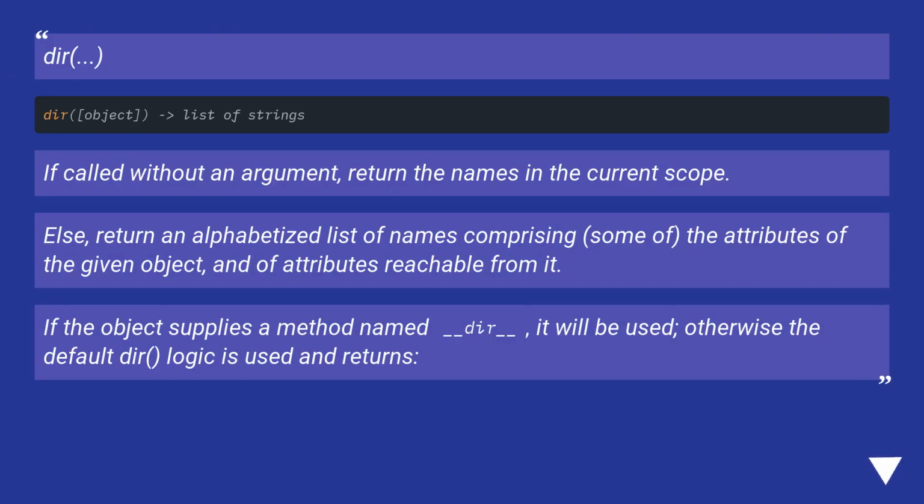dir, called without an argument, returns the names in the current scope. Else, return an alphabetized list of names comprising some of the attributes of the given object, and of attributes reachable from it. If the object supplies a method named __dir__, it will be used, otherwise default dir logic is used and returns: